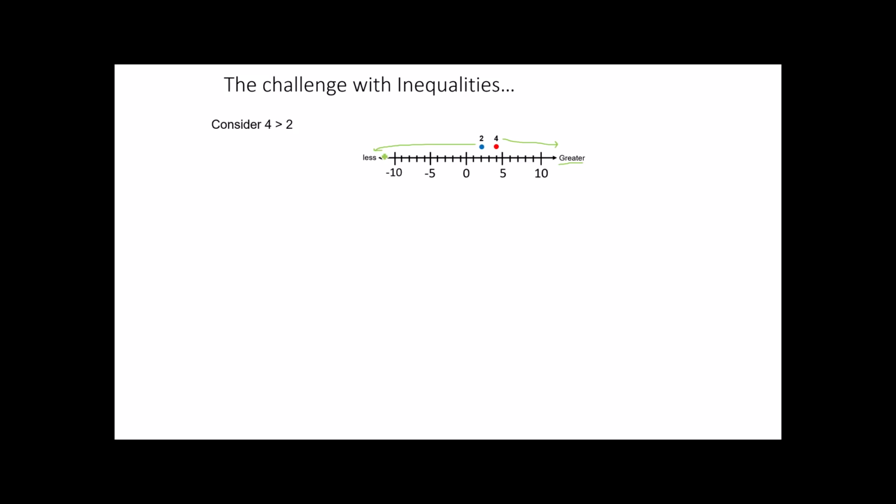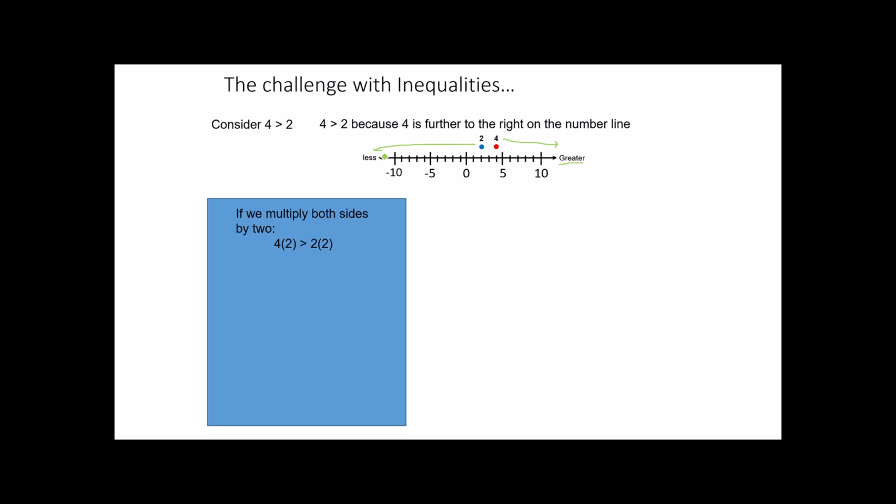Hopefully that's something you're already comfortable with. 4 is greater than 2 because 4 is further to the right on the number line. Now, I want you to think about this. If I were to multiply both sides of this inequality by 2, using the property of equality that we learned earlier on,